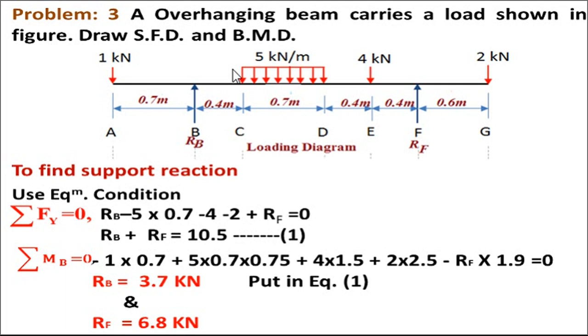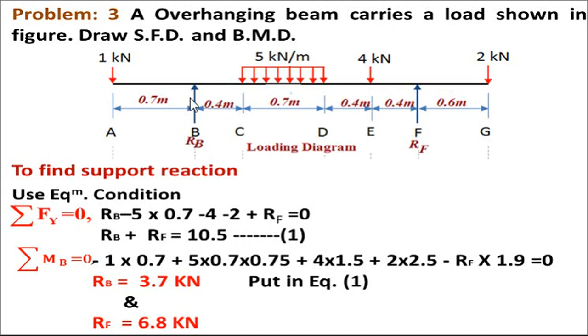So you need to draw the free body diagram which shows all the loadings and their directions and their distances from the respective supports or respective stations. So here some concentrated point loads are acting, and one UDL is also acting at the middle of this beam, and though this is an overhanging beam, that's why these supports are somewhat beyond the extreme ends. So that's why this RB is beyond this extreme end and this RF is also beyond this extreme end G.